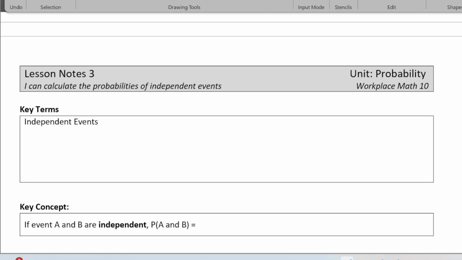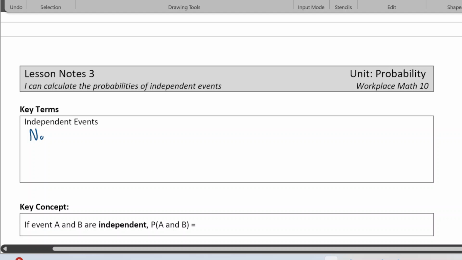All right, let's talk about probabilities of independent events. So these are events that are going to happen sequentially, or sometimes we call them compound events when we're talking about probability. So independent events are events that do not impact each other. They have no effect